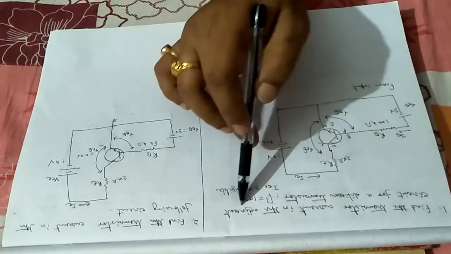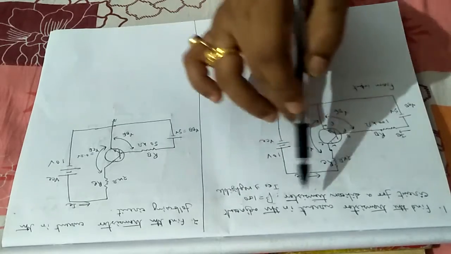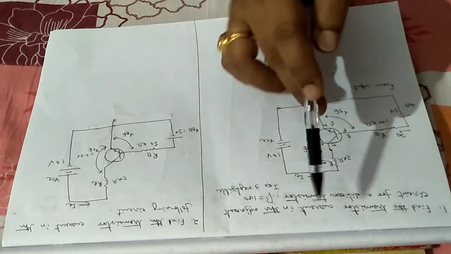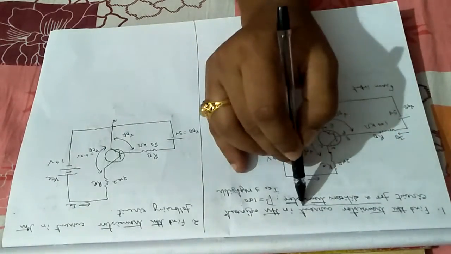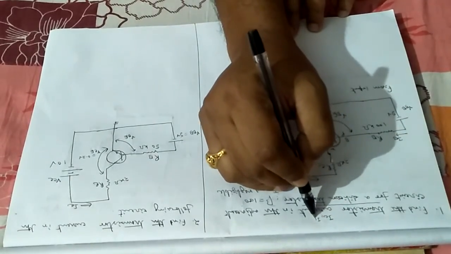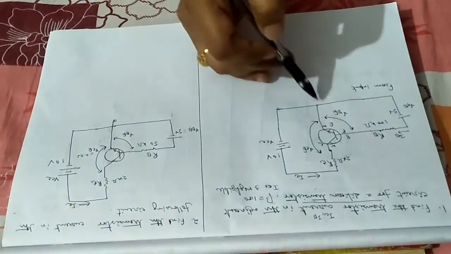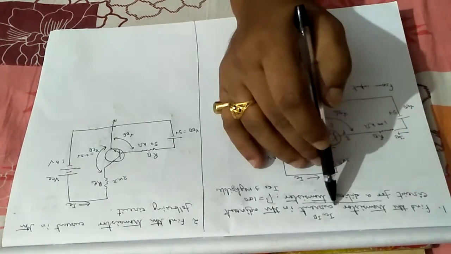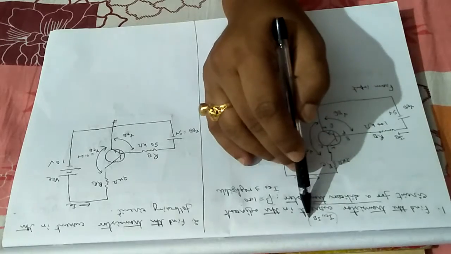Each of the words will signify something or give you some hint before solving the problem. Which are those? First one, to find the transistor current. What are the transistor currents? Transistor current will include IC and IB. Why? Because the emitter is grounded here. This is common emitter configuration. Transistor current means IC and IB.